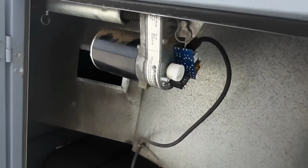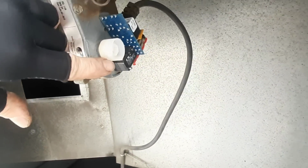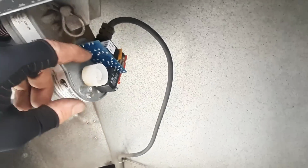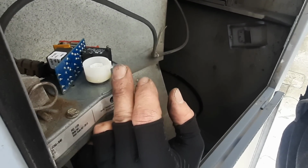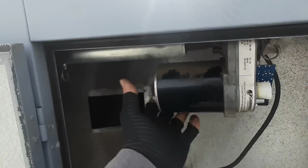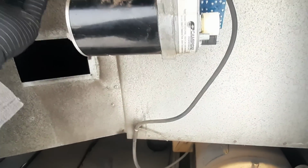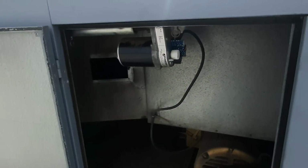My damper's doing what it's supposed to now. The book even shows this outer cam at a 4 o'clock position when it's fully closed, or just beyond a 4 o'clock position. And actually you're looking at it that way, so it's a little confusing, but this is about where it needs to be, and you can see it's not locked up. It's got some movement, same way going the other way. Now let's get everything back together and